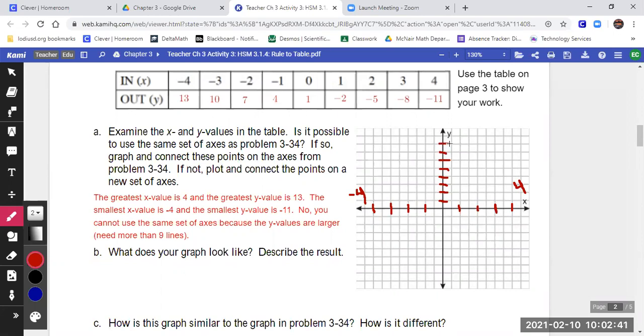We can't go by 1s. So what do we have to count by instead? What are we going to say? What is each line going to be worth? If we can't go by 1s, what would be the next logical to go by? Yeah, 2. So if we're going by 2, if each line stands for 2, not 1,